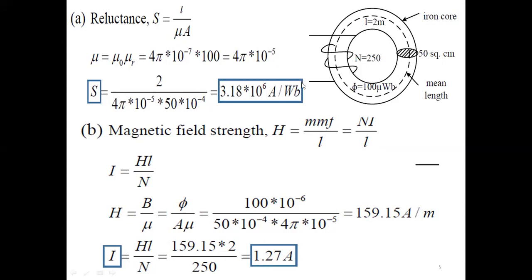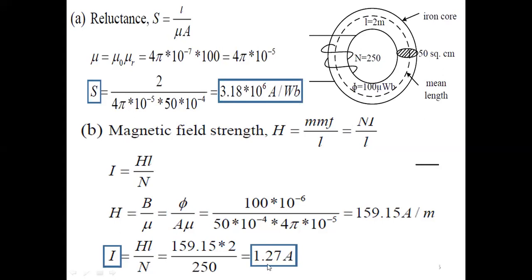Anyone have calculated S divided by n? What is the answer? Your answer is the same only. Okay, then no problem. So here 3.18 into 10 to the power of 6 is there, into S. S is nothing but 100 into 10 to the power of minus 6, microweber है ना वो. 10 to the power of plus 6 and minus 6 will get cancelled. 3.18 into 100 is nothing but 318 divided by n, which is 250. 318 divided by 250 is nothing but 1.27 only.